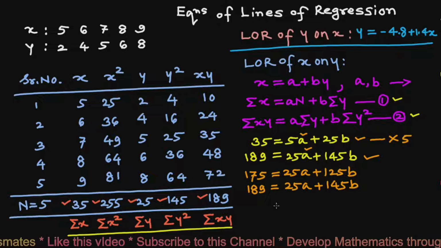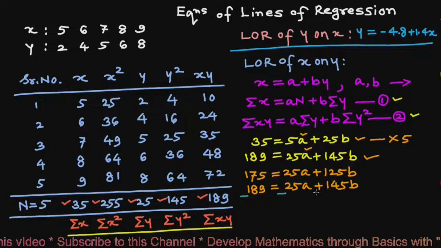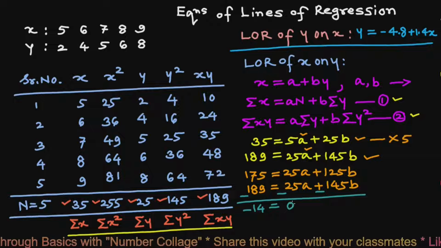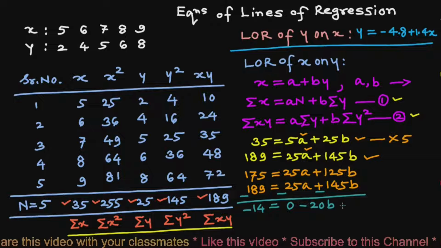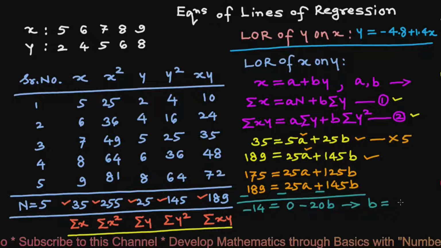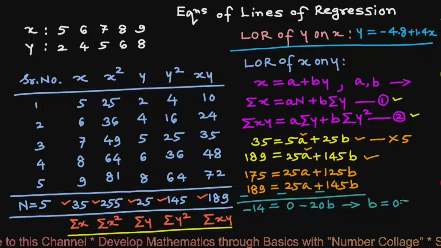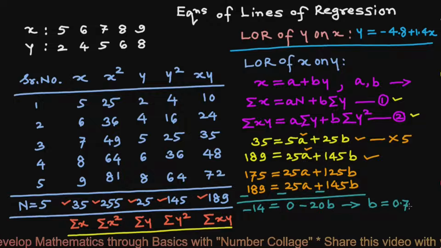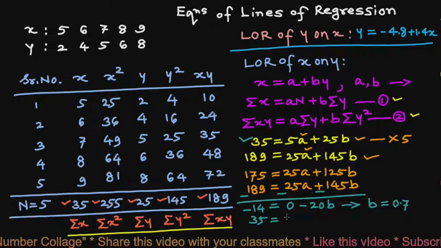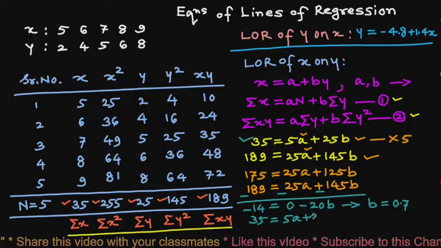After this, we will change the signs of the second equation. This will be minus 14 equals 0, minus 20b. So this gives b equals 14 upon 20, that is 7 by 10, that is 0.7. We will use this value of b in this equation and write 35 equals 5a plus 25